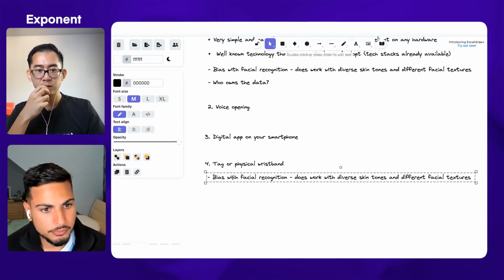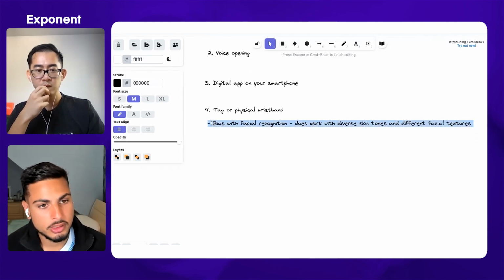I feel like we could adopt a lot of these pros and cons for voice opening. Digital app sounds similar to what's already on the market. I'm curious, what are the pros and cons for the fourth one, the physical wristband? Yeah. Okay. Cool. So for the physical wristband, a straight up disadvantage is